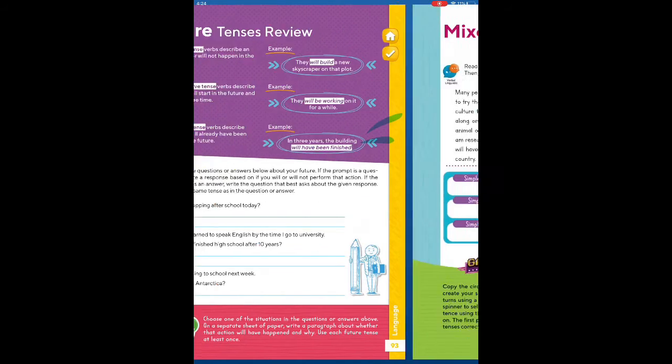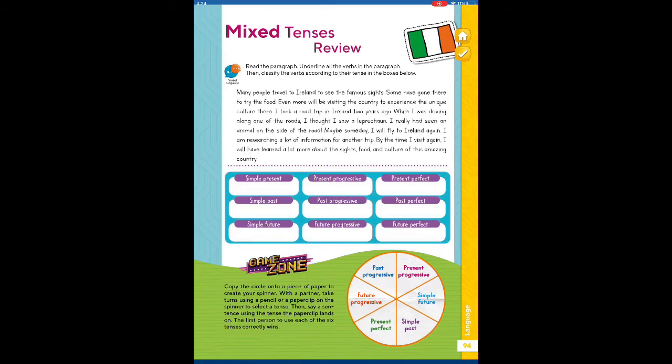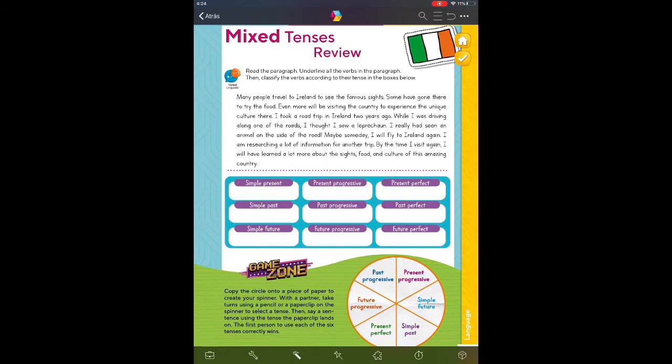to page 94. And here we have mixed tenses review. Read the paragraph, underline all the verbs in the paragraph. Then classify the verbs according to their tense in the boxes below. So I am going to read, and while I am reading, I am going to underline the verbs that we